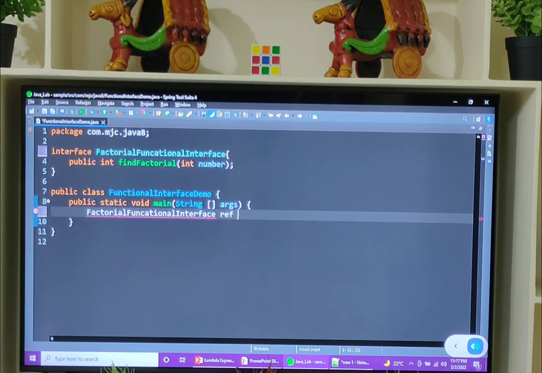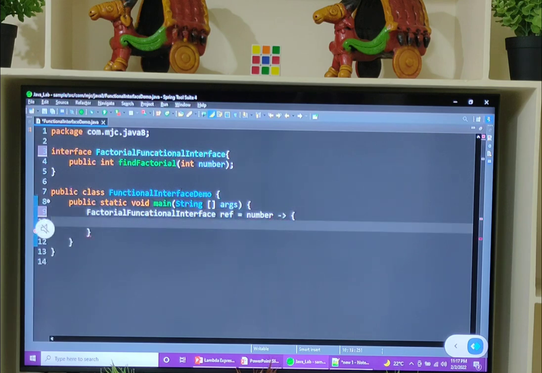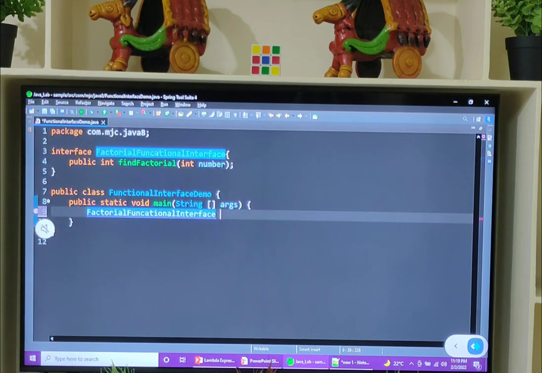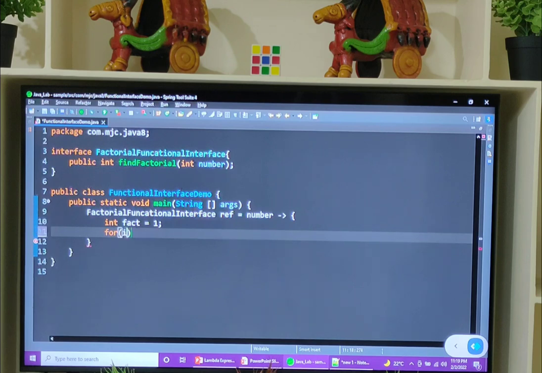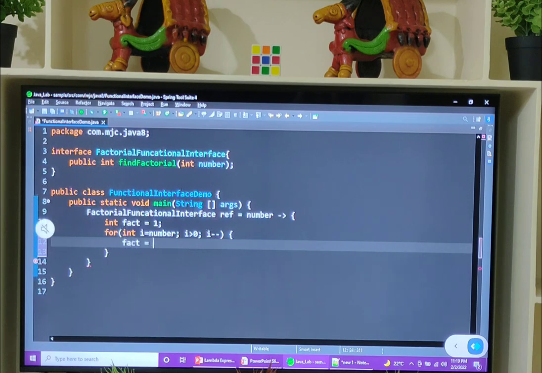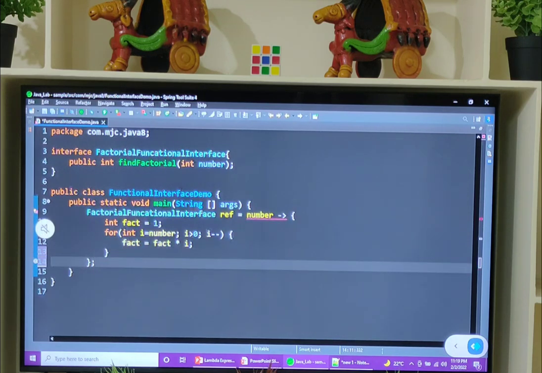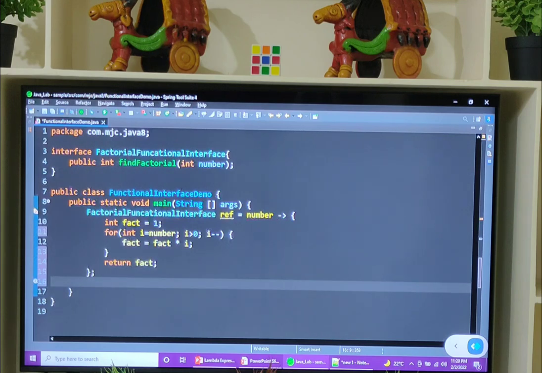Factorial functional interface reference is equal to number, arrow operator, and next one is int fact is equal to 1, for int i is equal to number, i greater than 0, i minus minus, and fact is equal to fact into i, and here you need to return fact and call that method wherever you need.